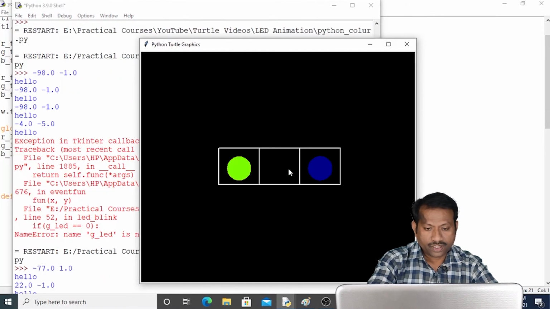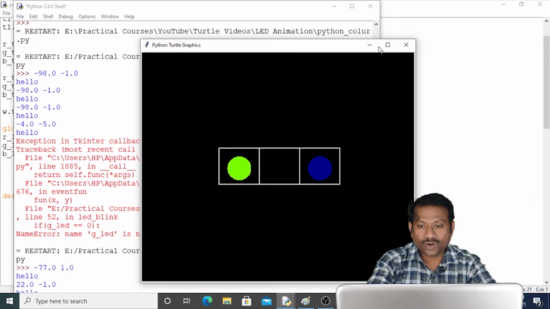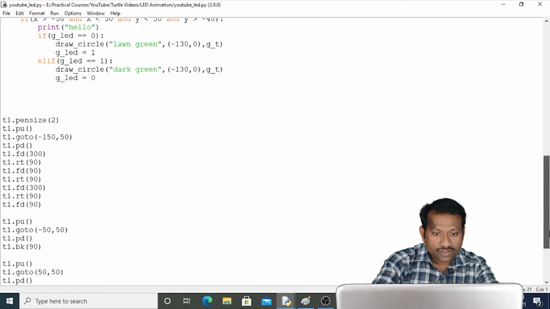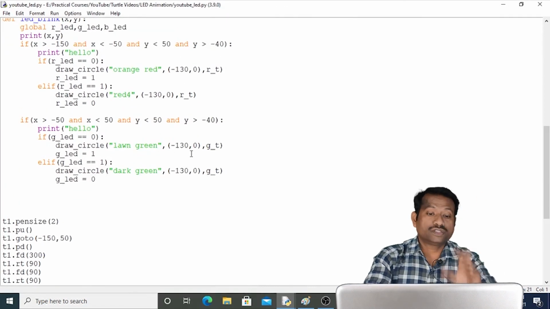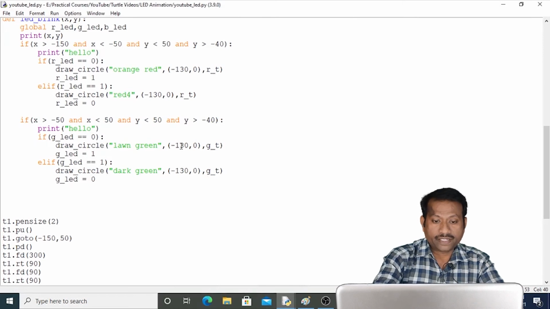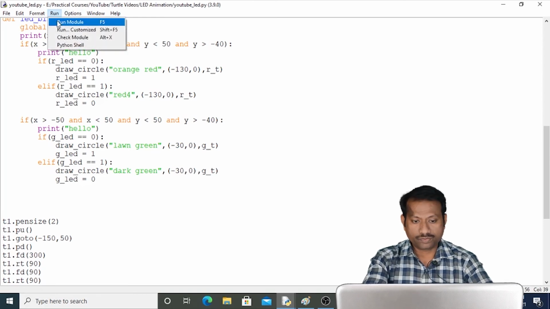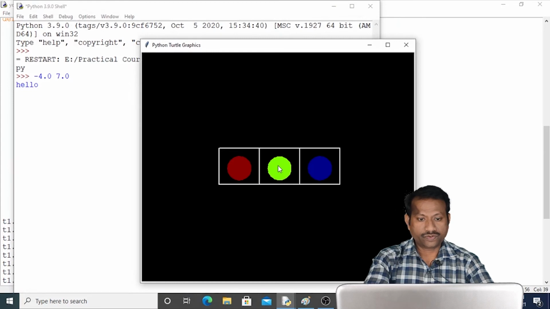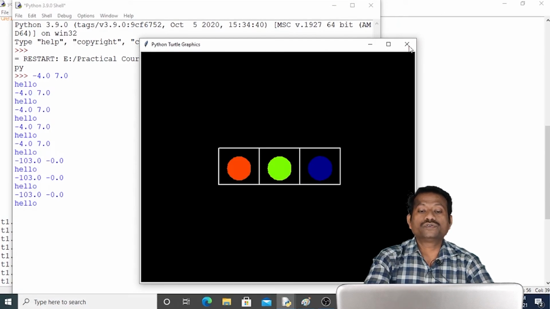Yes. Okay, but still it has replaced the red circle. Why? Because I have not changed the coordinate. This coordinate remains same as that for the red, so that should be -30, and it should also be -30. Let me save this code, and now I hope that everything will be fine. Yes, this has made the changes for green, and now we have achieved it for red.